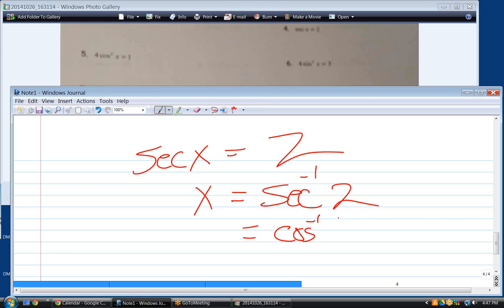Inverse cosine of 1/2. It's like that. It's not 1 over the inverse cosine of 2. It's inverse cosine of 1/2. Well, where's cosine equal to 1/2? What first quadrant angle? It is cosine